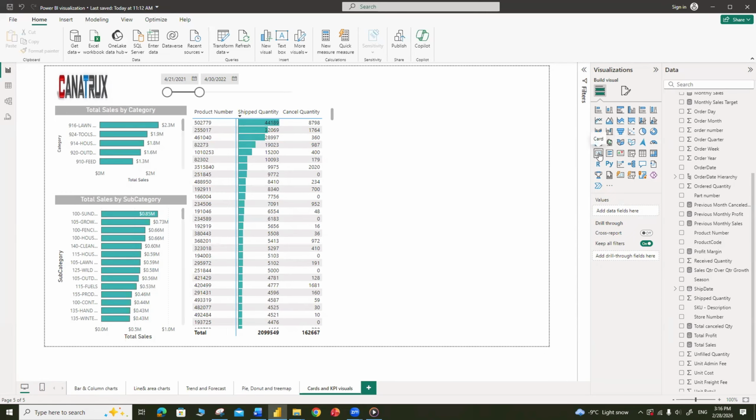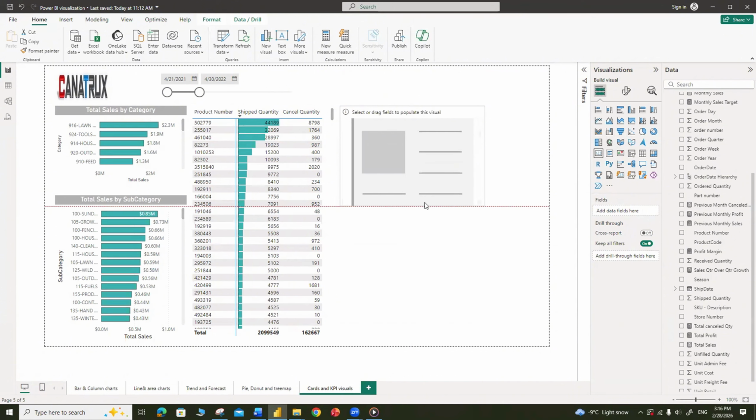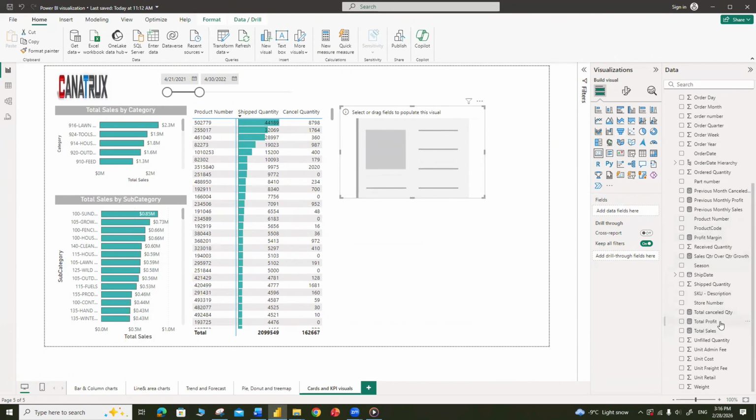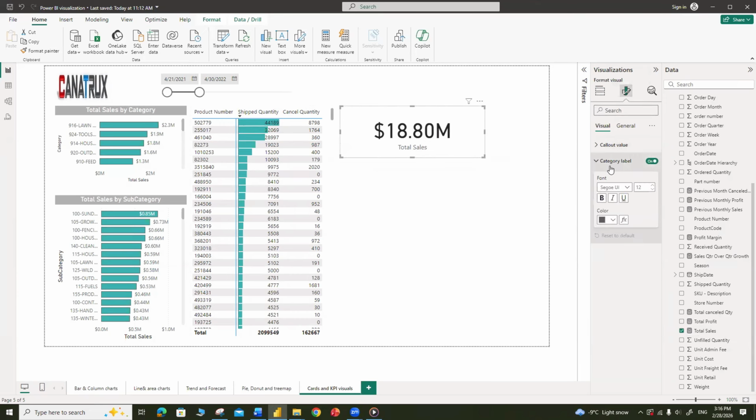The regular card is very simple. It requires just one field input. So we'll go into the orders table and drag total sales into the fields. And just like that, we've created a card. One step and we're done. There aren't many formatting options here. We can adjust the background, change fonts, tweak colors, but essentially,